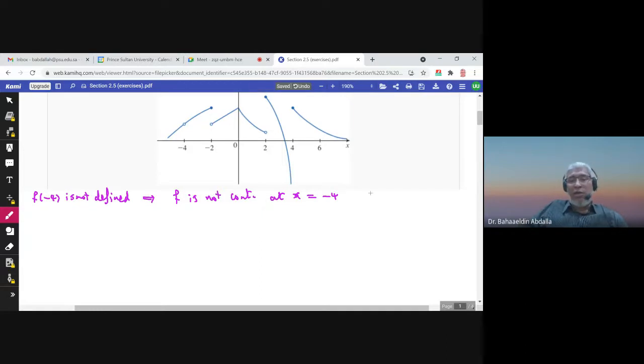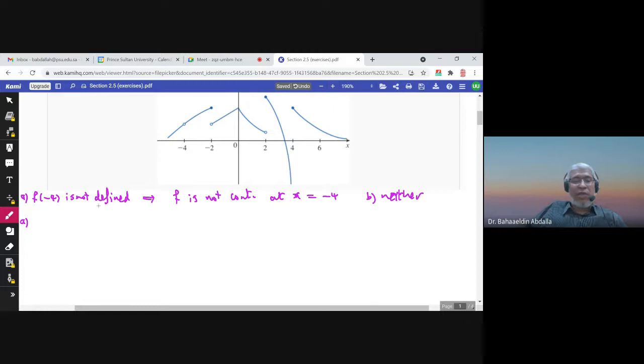It is neither. This is part A and part B: neither. I mean, it is not continuous neither from the right nor from the left of negative 4. Now,